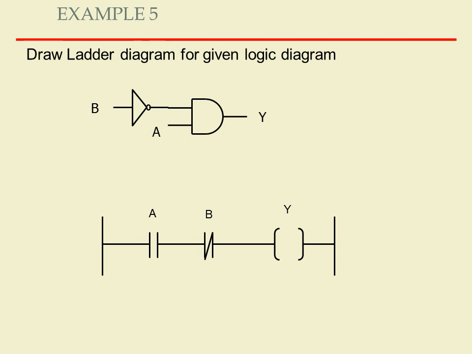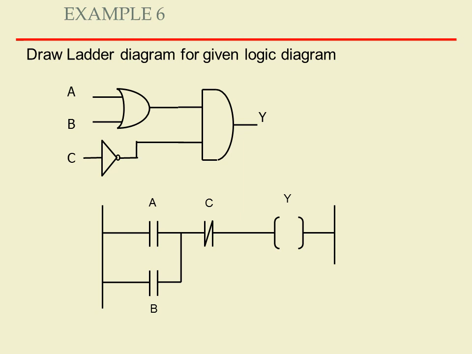Okay, so let us represent it. So as we know, AND gate is represented by two switches in series. Okay, so first switch is A, which is open switch, and second is B bar. So B bar is represented by the closed switch. So both are connected in series, to represent the AND logic, and its output is Y, that is output device LED. So it is very simple example.